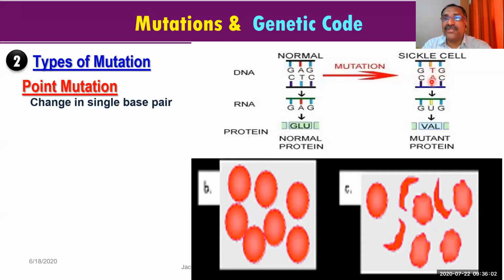So similarly, the complementary strand also will change. So what are the letters here? Look at here, G, U, G. When RNA is synthesized, it becomes GUG. Look here, GAG represents GLU. And when it becomes GUG, simply one letter has been changed. So the amino acid is changed. The amino acid now becomes VAL, that is valine. So this protein, we can say, is synthesized because of mutation.